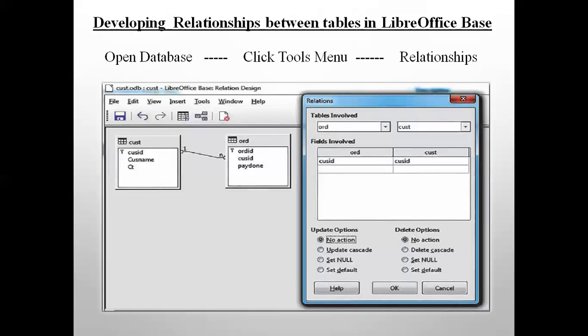A window will appear like this where we can set various update and delete options for the relationship. So this is how you set relationships between two tables. You can set it for two or more tables also. That will be one-to-many and many-to-many types of relationships.